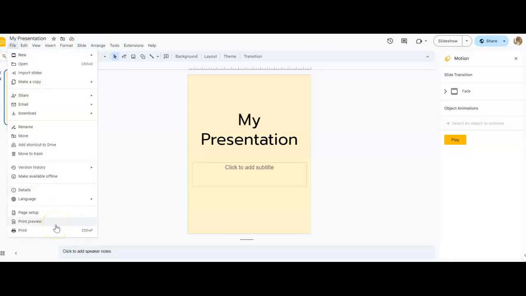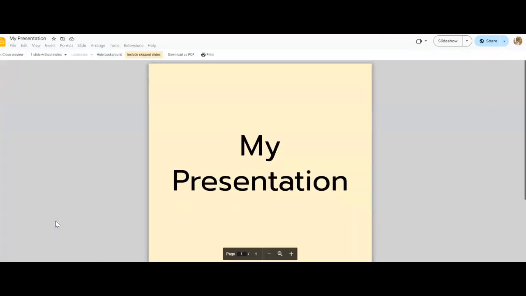Another great feature would be, I would say, print preview and print. I have had several students with IEPs in my class. What I would do with this, I mean, you can print it off and just give it to the students. But another reason I have made a copy of a presentation before would be I'll make a copy and then I'll take specific words out of the copy and use that as guided notes or closed notes. And so then when I go into page setup,